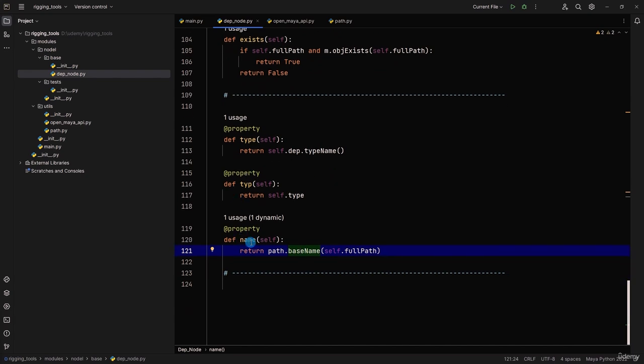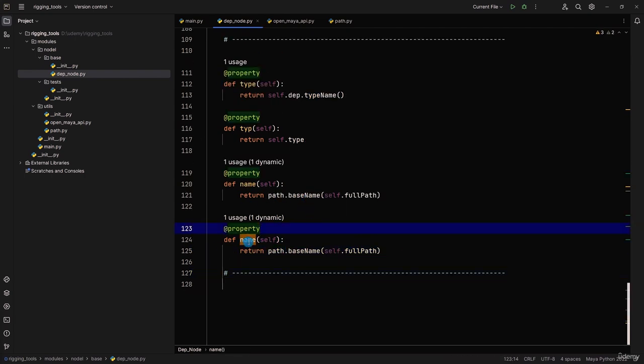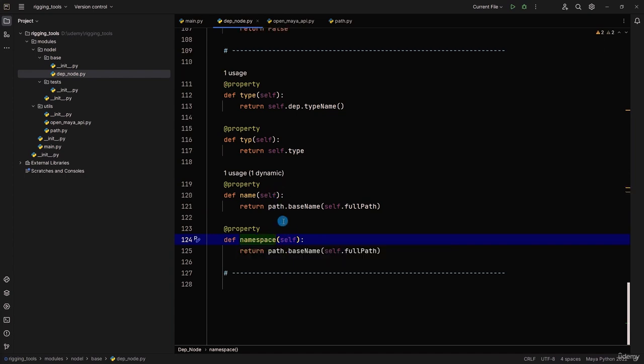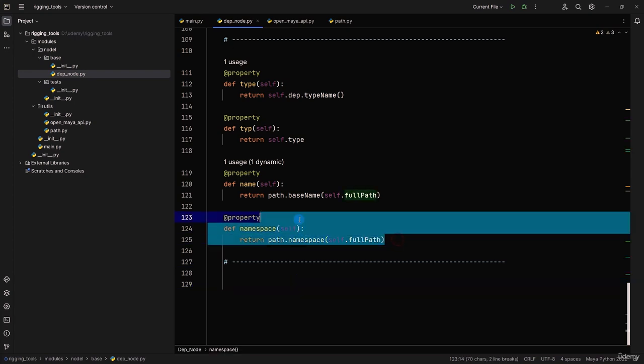And then this is also just another getter that we are using essentially. Let's call this one namespace. So we have the functionality, we might as well use it. Let's get the namespace if our item has a namespace and is referenced. So this property decorator defines the namespace attribute, and it returns the namespace of a node if there is one. Okay, perfect. We're moving on pretty quickly now